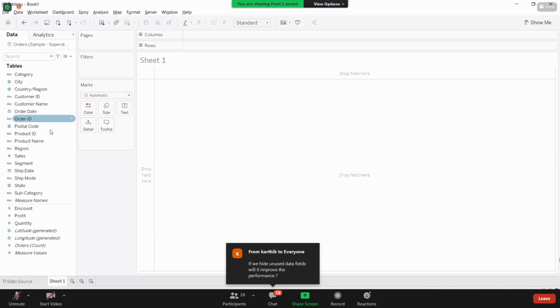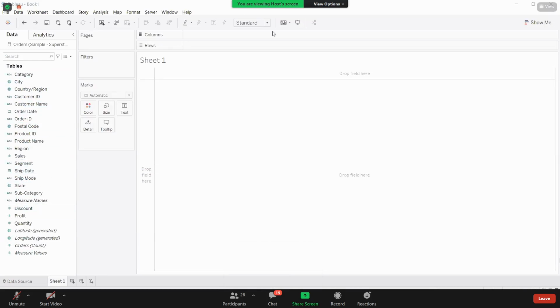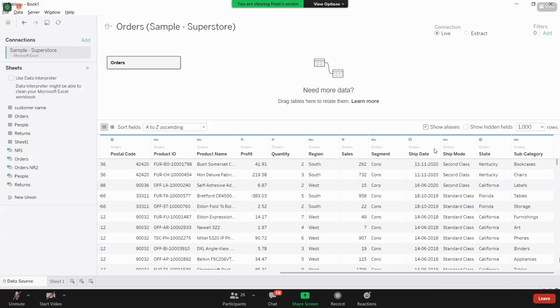Okay, you're getting it, right? So just observe this. We will see whether hiding unused data fields improves performance. Yes, of course it will improve performance. Why? Because there are many ways. Here I'm hiding this column.